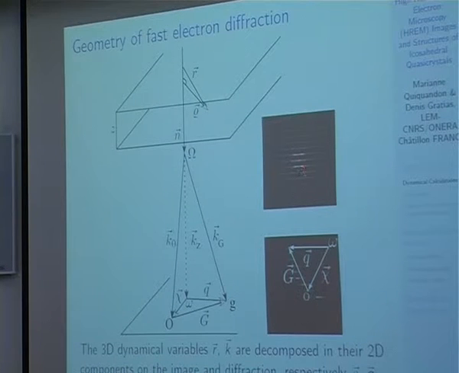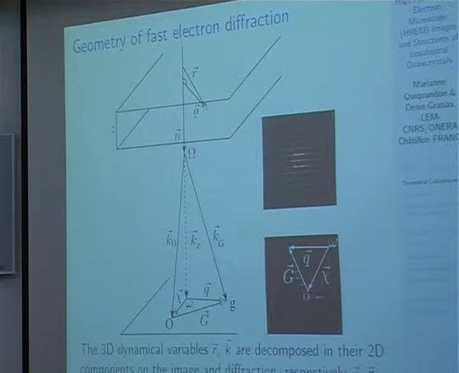On top, you have a diffraction pattern of a standard crystal in the exact Laue symmetric position. And below, you have a diffraction pattern that is not in the exact Laue position. In this case, Q is equal to K, and in this case, Q is equal to K plus G. So the 3D dynamical variables R and K are decomposed in their 2D components on the image and diffraction, respectively